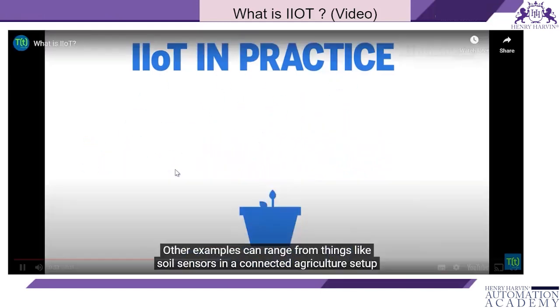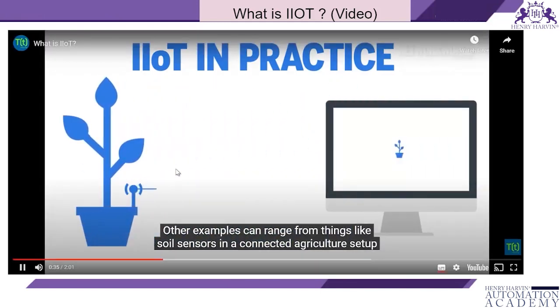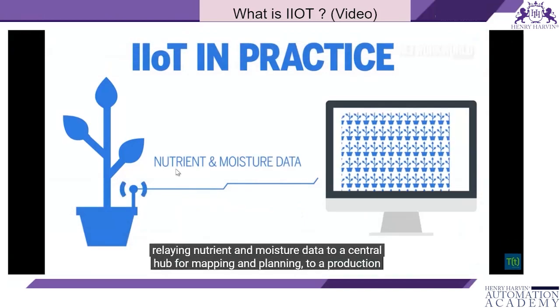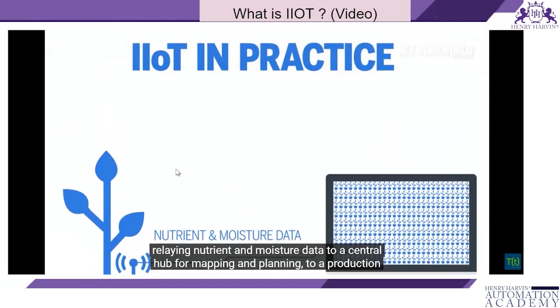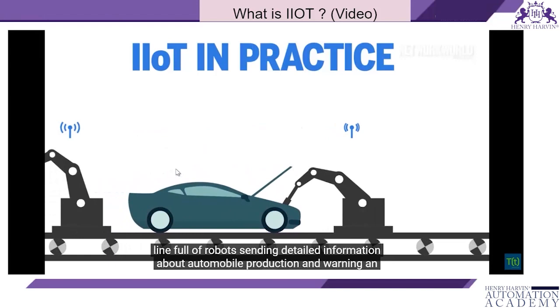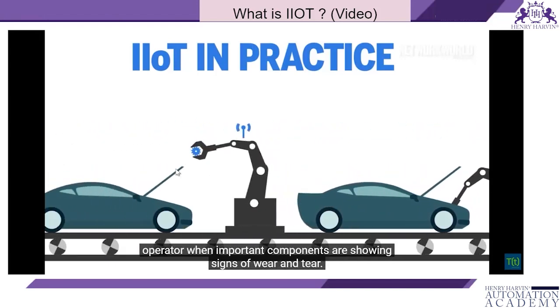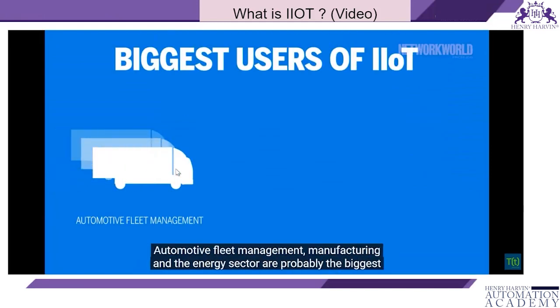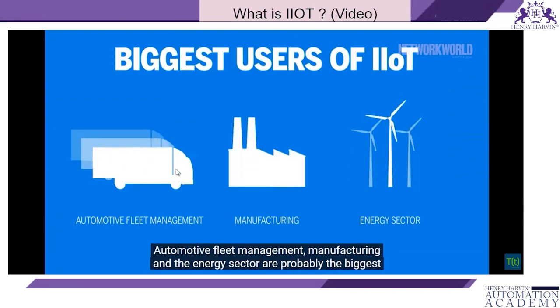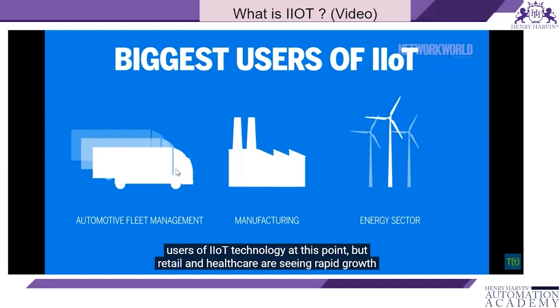Other examples can range from things like soil sensors in a connected agriculture setup, relaying nutrient and moisture data to a central hub for mapping and planning, to a production line full of robots sending detailed information about automobile production and warning an operator when important components are showing signs of wear and tear. Automotive fleet management, manufacturing, and the energy sector are probably the biggest users of IIoT technology at this point, but